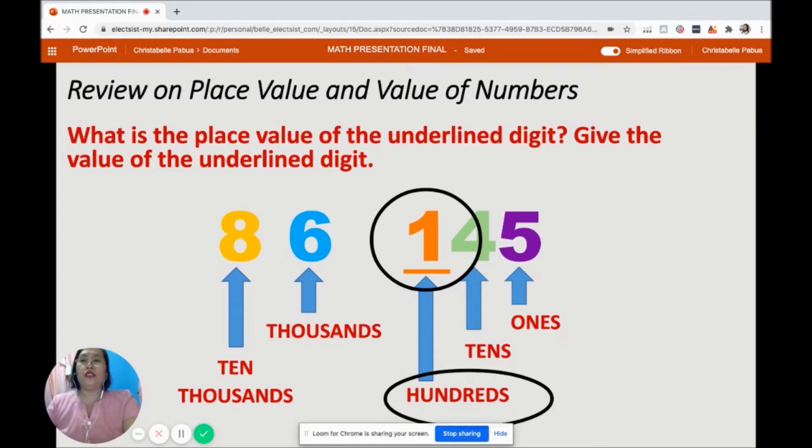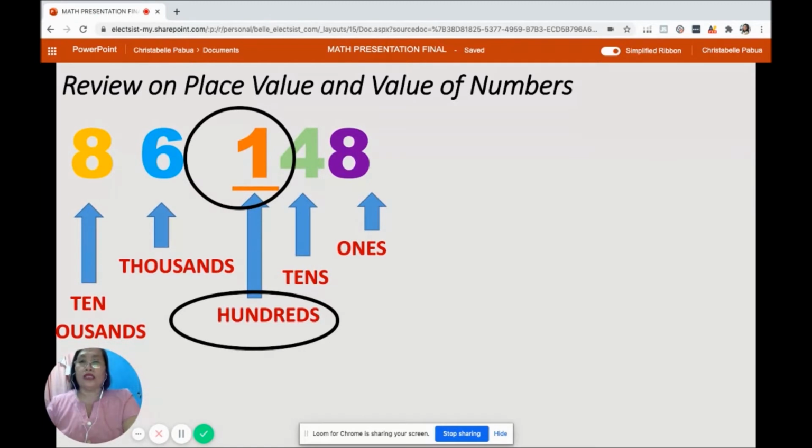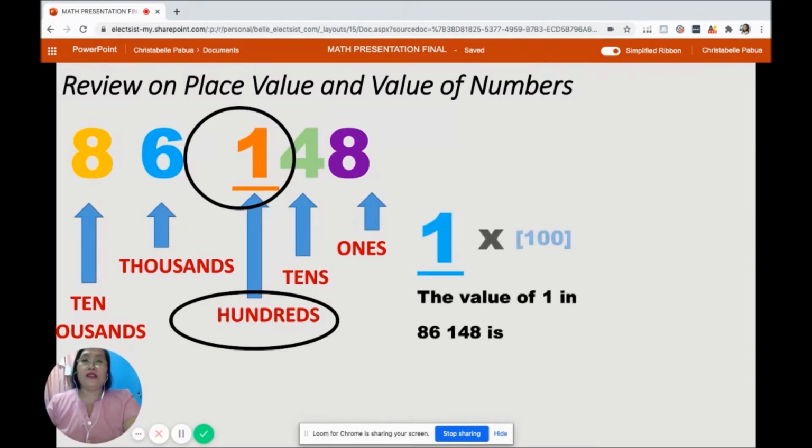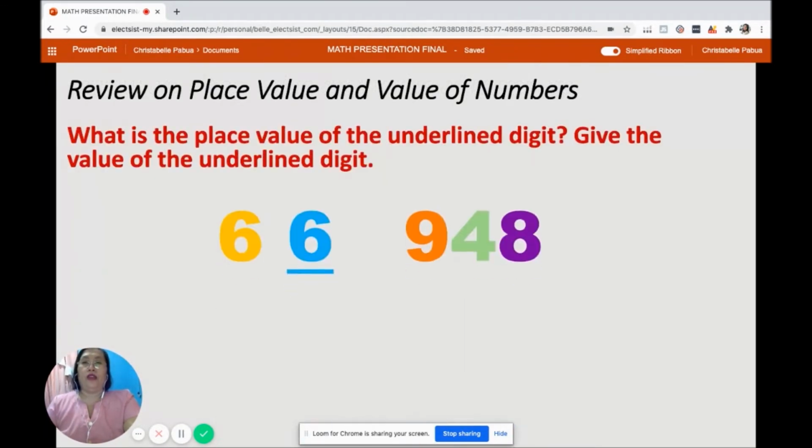Now let's give the value of the underlined digit. The number is 1, and 1 is in the hundreds place value. So 1 times the value, which is 100, is equal to 100. So therefore, the value of 1 in the number 86,145 is 100. You want more? We have more examples. And the number is